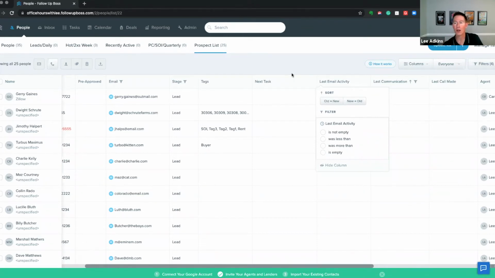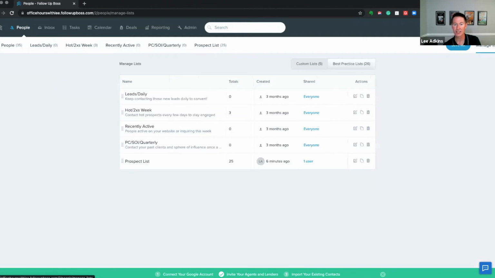One other quick point that's really important: the order of these, even when done in the owner account, does not reflect in the user accounts. There are two great solutions to that. One is people will number them, just numbered 1, 2, 3, 4, 5, 6. That's probably the main one. The other thing I do is I make videos for people and say, okay, go here and drag this one here and that one there. Anywhere on the people screen, you can be in a smart list or not, go to manage lists, and then you can reorder them, clean some up, or delete them.